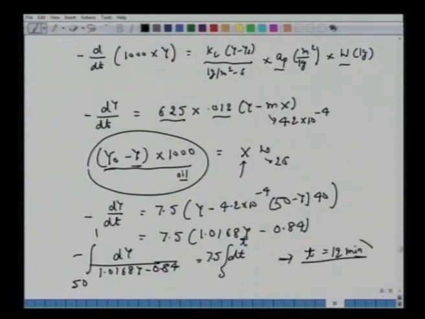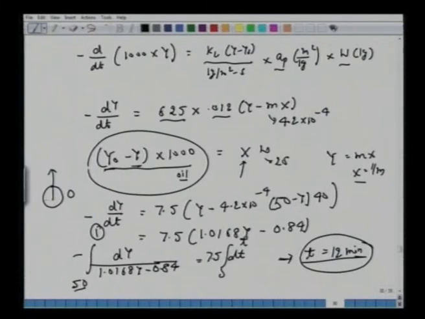So we got the answer that it takes 12 minutes for the solid phase concentrations to build up from 0 to this X, which you have replaced. Now you can go back, and once we know the values of this Y here, the last concentrations, we said that it has to drop from 50 to 1. So corresponding to this 1, we can write down Y equal to mx again. X is 1 over m. So whatever we have here, solid phase concentration rises from 0 to corresponding to this X here, when the water concentration decreases from 50 to 1, and it takes 12 minutes.